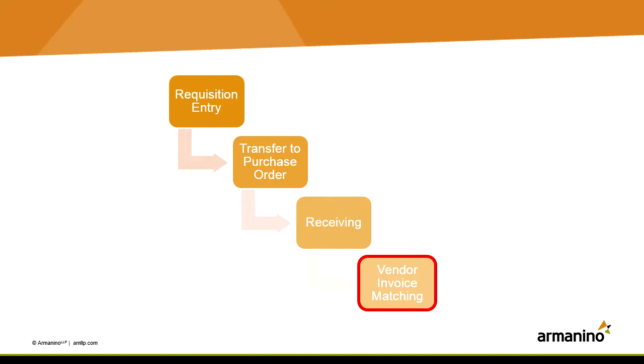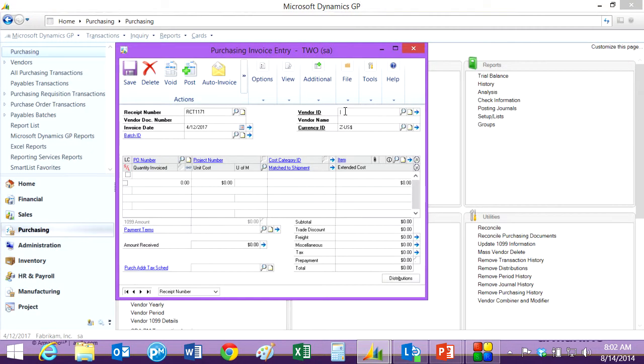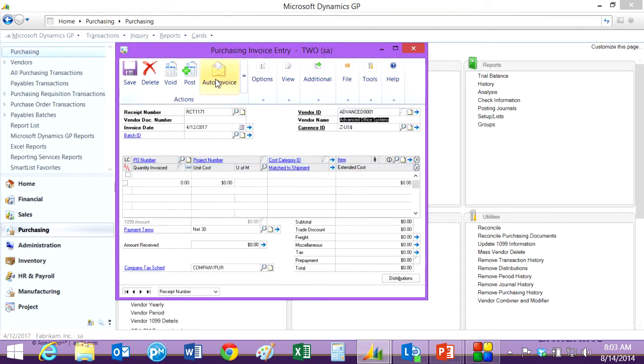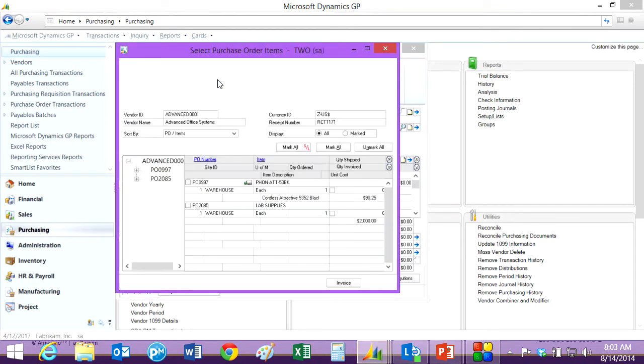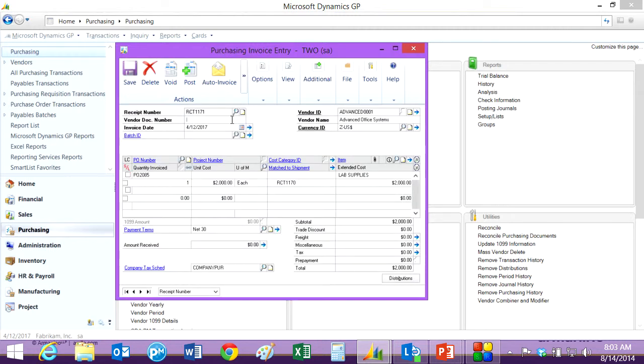The next thing I want to do is match the vendor's invoice to that receipt that I received. So let's go ahead and do that. I'm going to go to this screen right here. I'm going to look up the vendor and then click Auto Invoice. This is going to show me all receipts that are available for this invoice. This is the one that I have right here. So I'm going to select that, enter the vendor's invoice number,